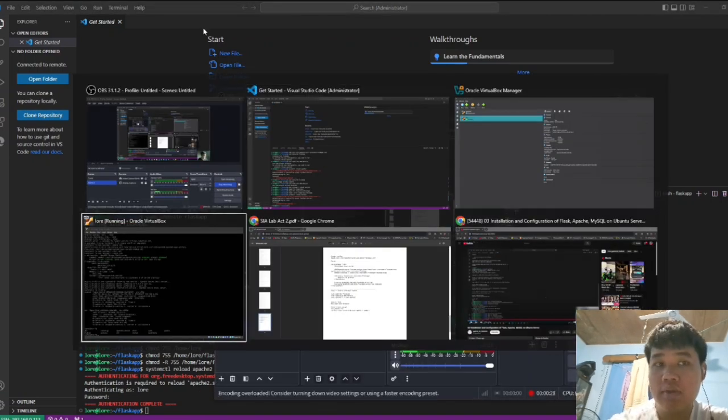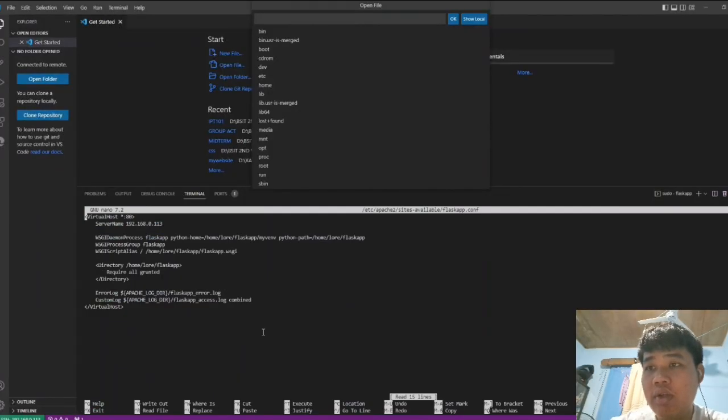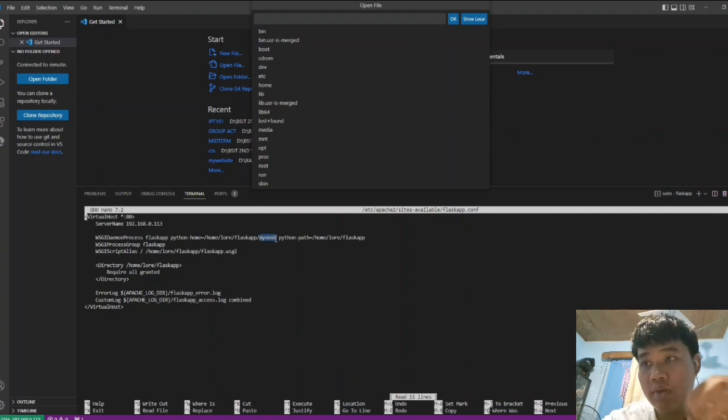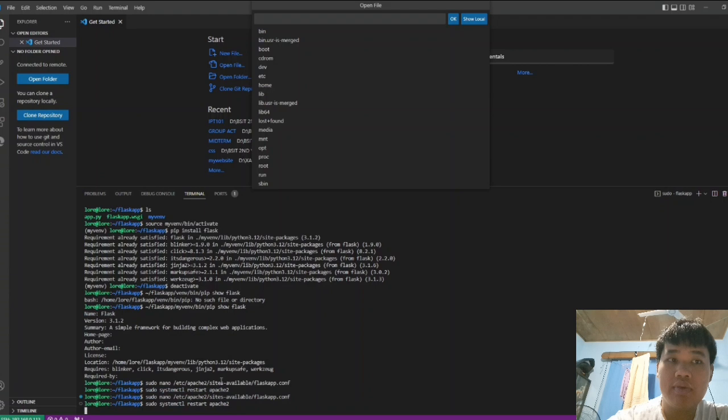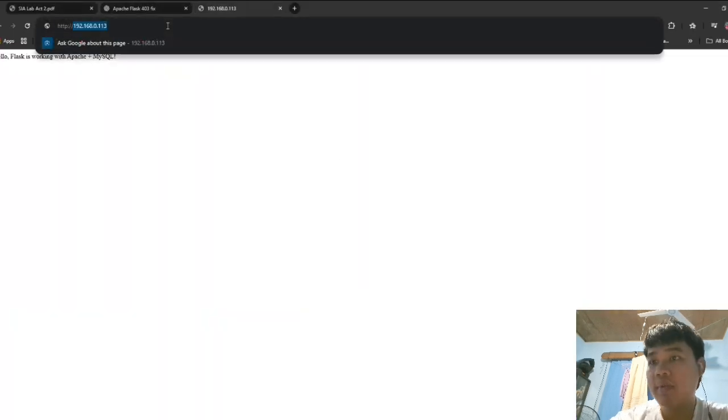Since I made an error earlier, I forgot, this is forbidden. I just forgot to put my venv. I put VENV instead of my vnv, so you guys have to check properly what you put here. So one misspelling is an error for the whole system.